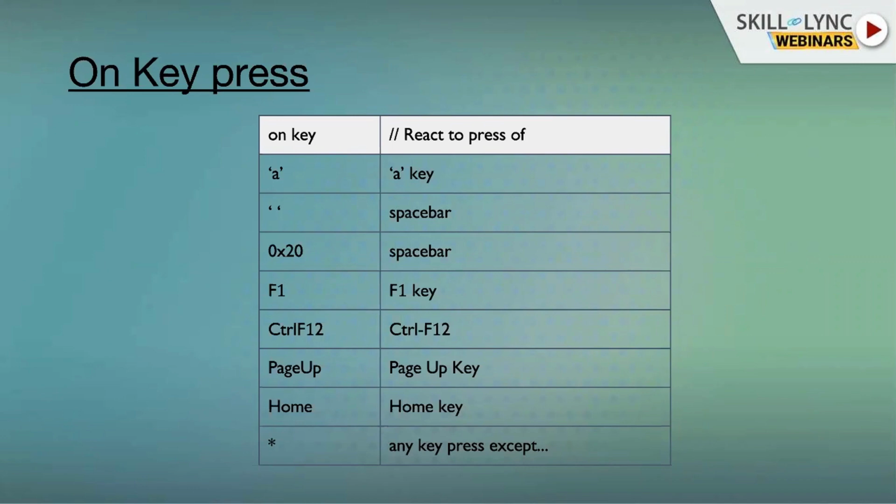What is star? Whenever you use on key star, it means any key: whatever you press, it will react. Star is nothing but all.